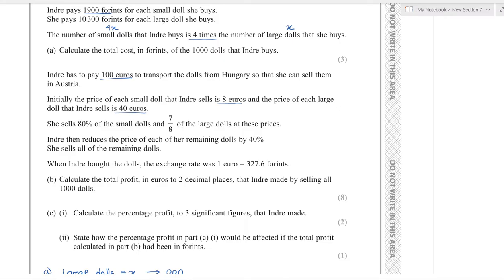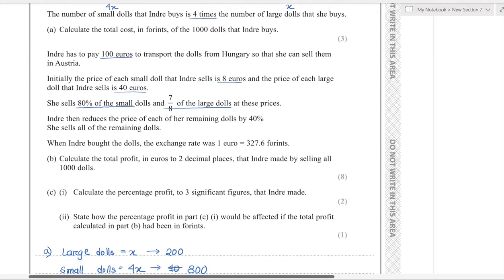And she sells 80% of the small dolls at the 8 euro price and 7/8 of the large dolls at the 40 euro price. She then reduces the price for each of her remaining dolls by 40%,